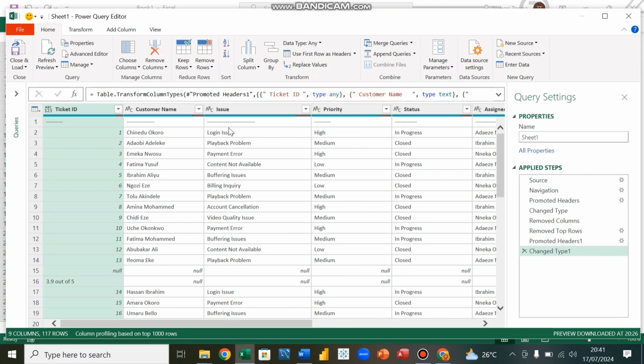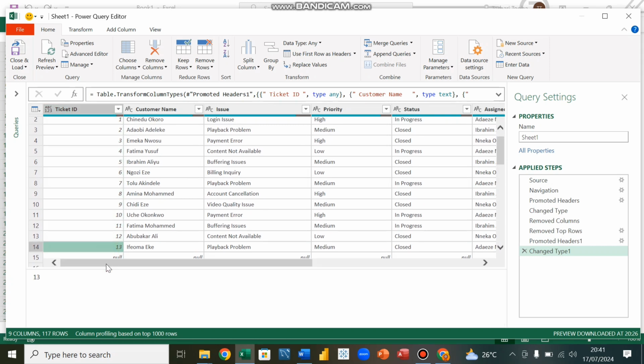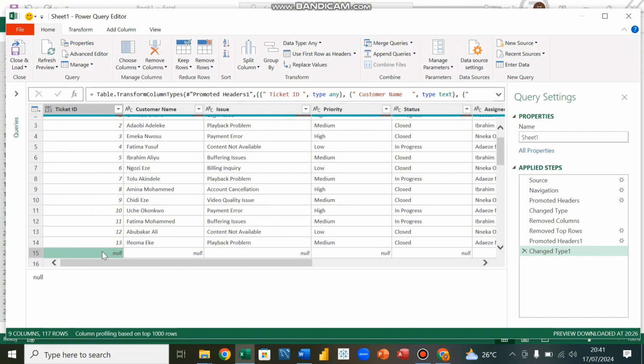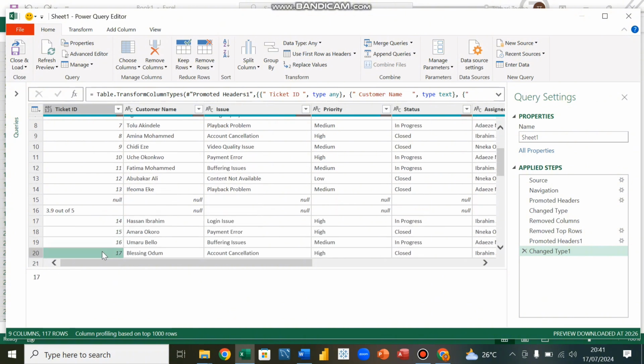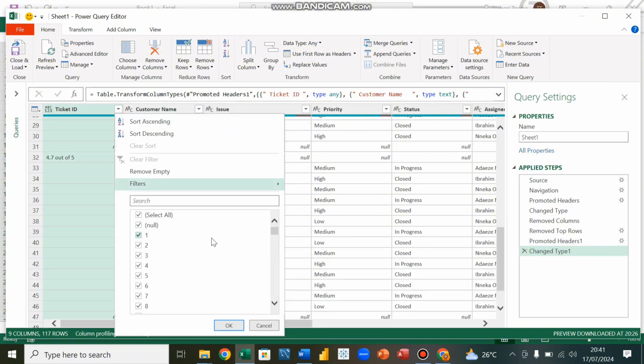So we want to remove all other rows that are not needed. This other null row, we'll remove it. This null row, we'll remove it. This other 3.9 out of 5, we'll remove it, and all other ones. So the fastest way to remove rows in between a dataset is to click on the arrow here. And once you click on it, all the rows that are empty, Power Query will identify as null. So you uncheck it